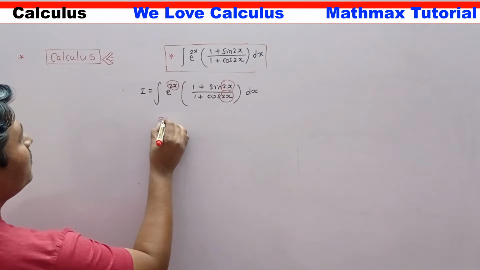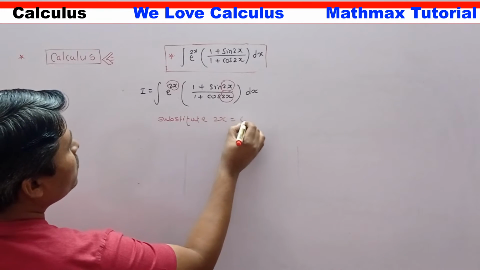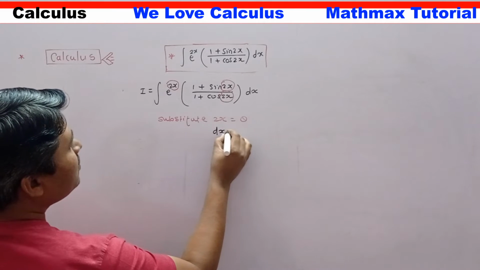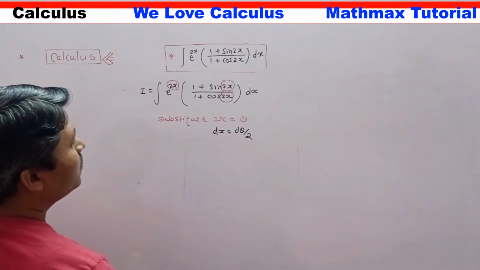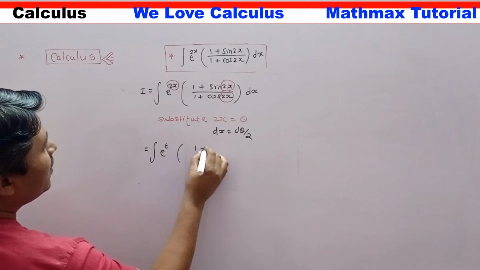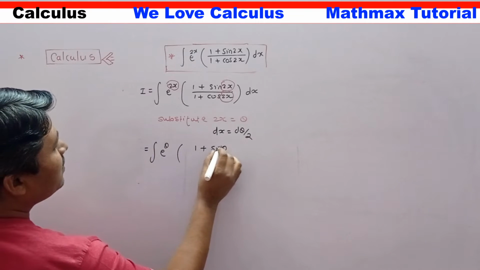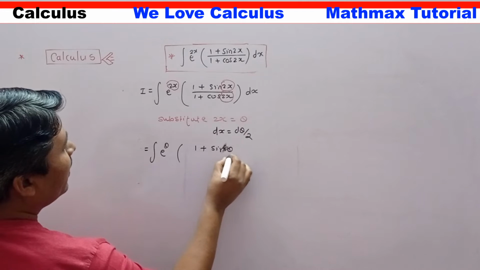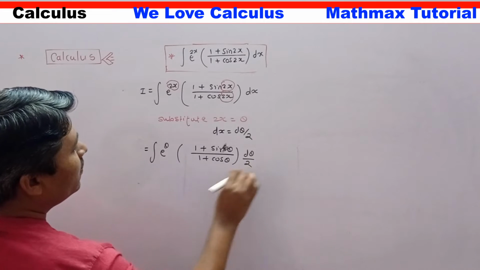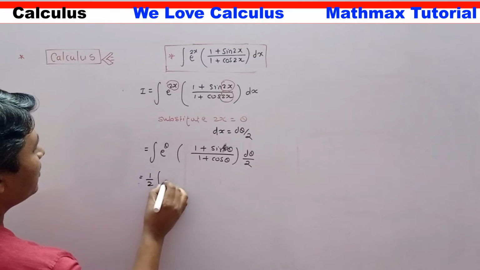Substitute 2x equals theta, and differentiating this, we get dx equals d theta by 2. Then the integral becomes e raised to theta times (1 plus sin theta divided by 1 plus cos theta) d theta by 2. The constant 1 by 2 goes outside, and the integration becomes e raised to theta times (1 plus sin theta